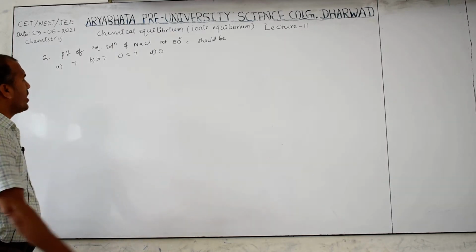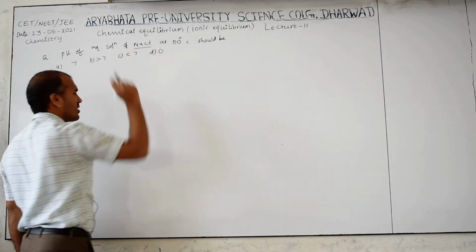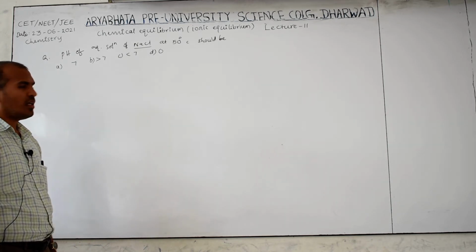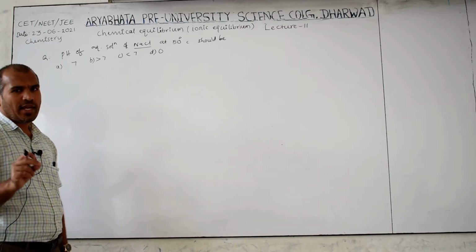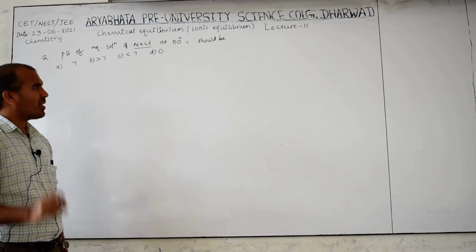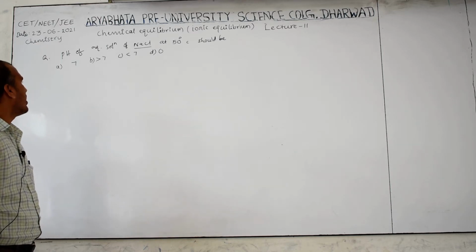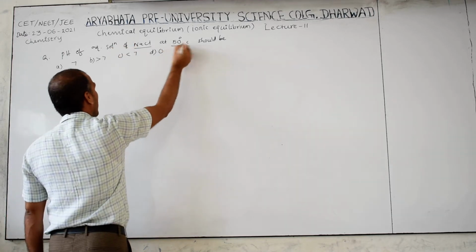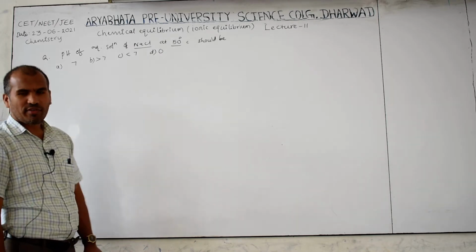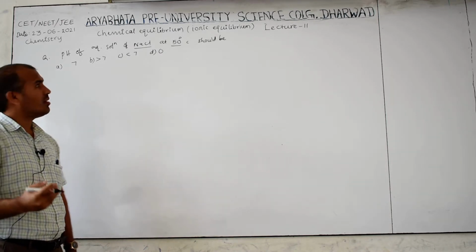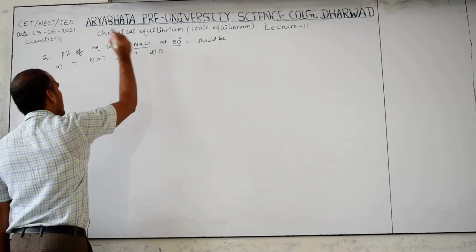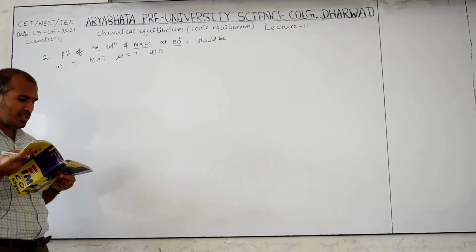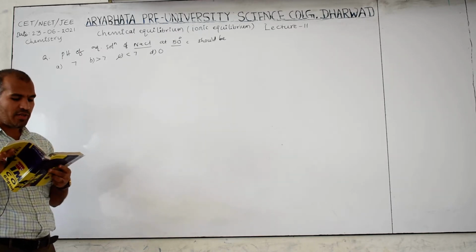See, generally according to salt hydrolysis, this Na plus is from a strong base, Cl minus is from a strong acid. Therefore, we know that strong acid ion and strong base ion do not hydrolyze. Therefore, pH is equal to 7. But this concept holds at 25 degrees Celsius. Here 50 degrees Celsius is given, which means a little bit less than 7, because the H plus ion concentration is greater than 10 power minus 7. Therefore, that is option C. These questions are very important for competitive exams.